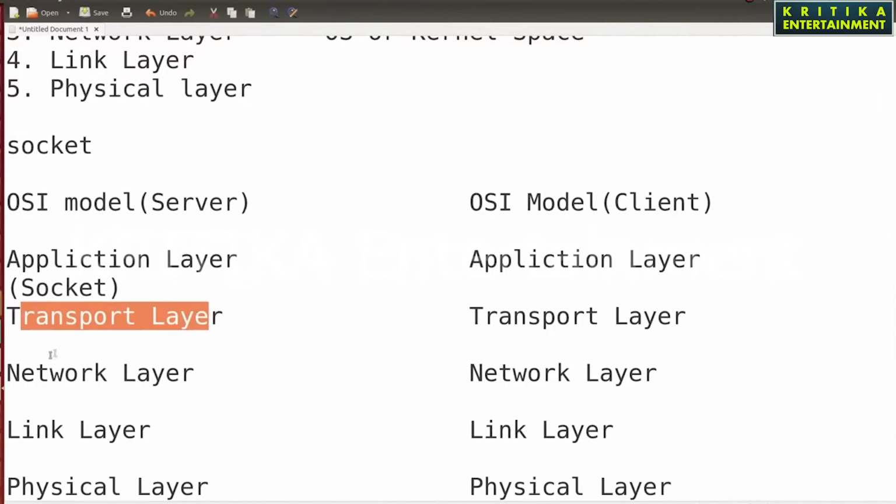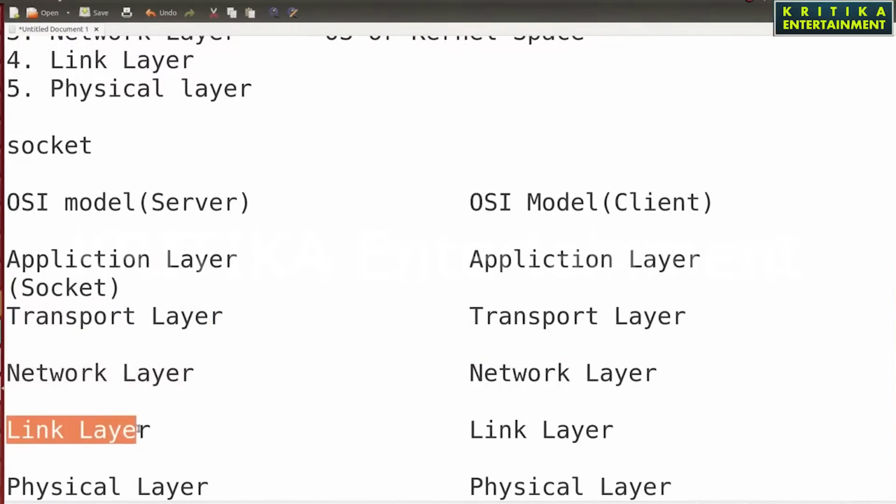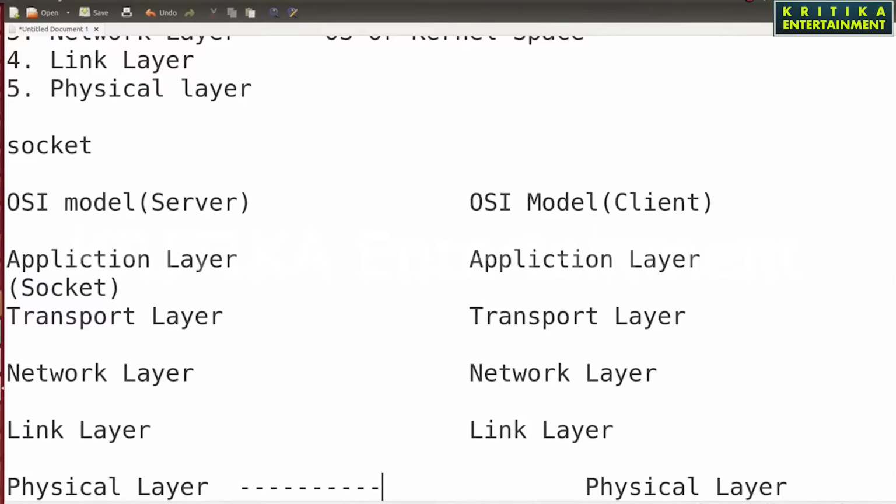The transport layer sends to the network layer, the network layer sends to the link layer, the link layer sends to the physical layer. After the physical layer comes your hardware components. Then after the physical layer, your data will move to the client OSI model.